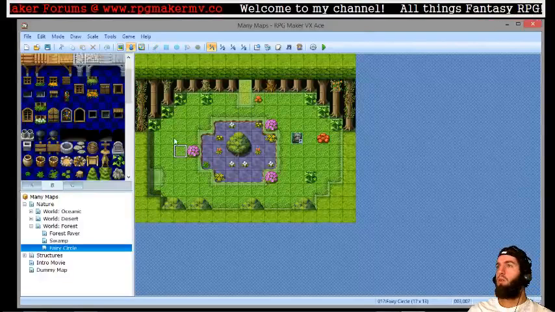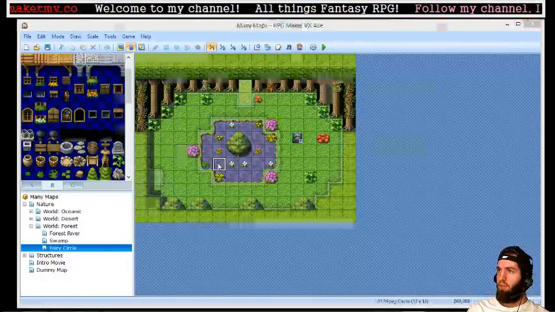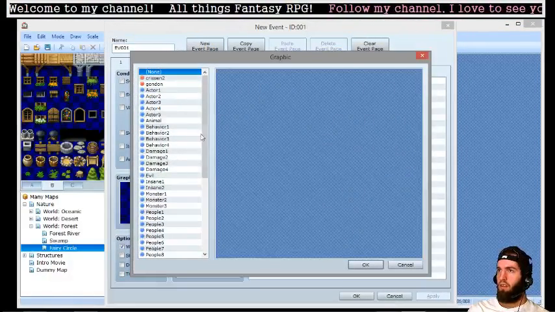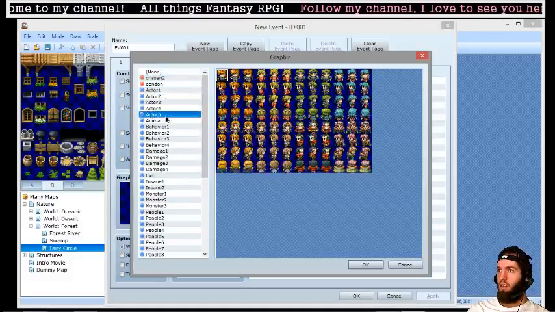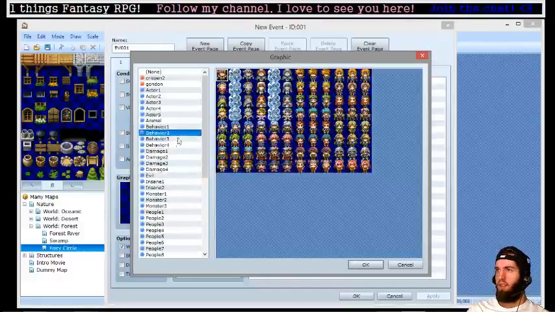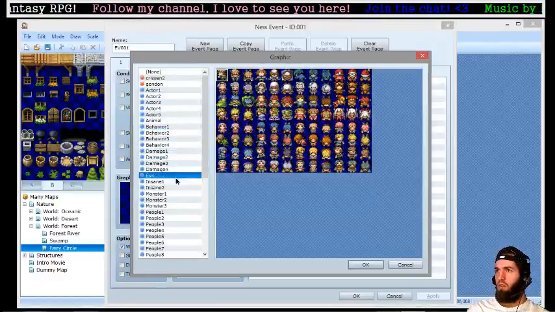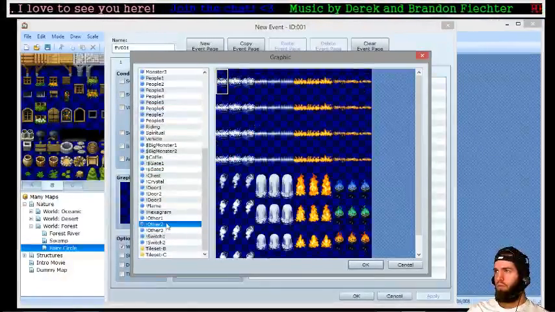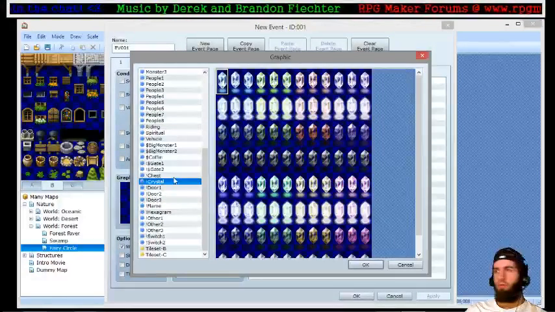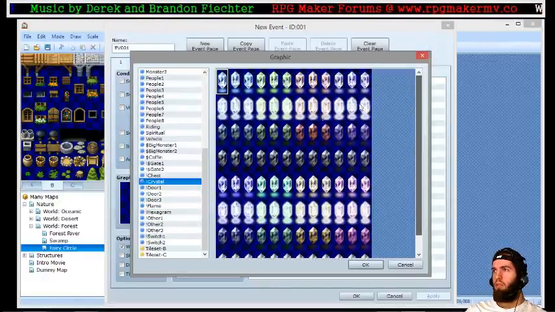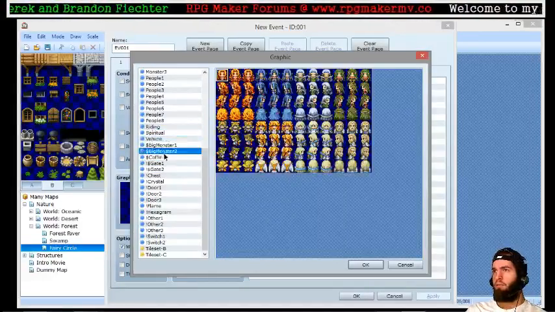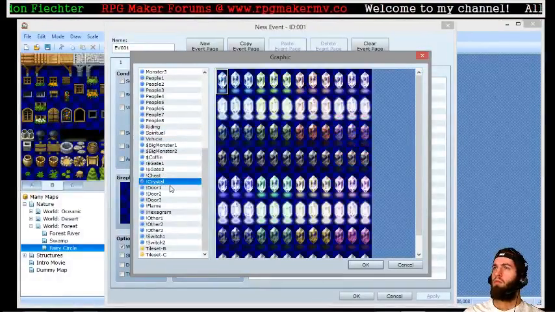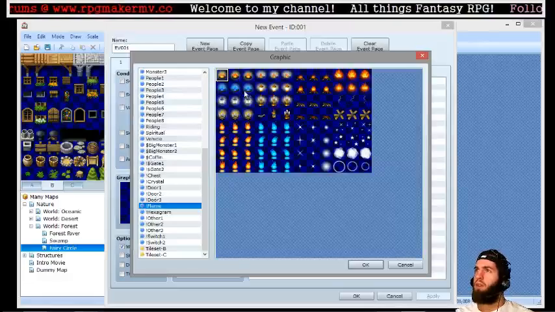One way that you can make this interesting is by adding a graphic of a, we're gonna find it, where to go. Okay, here we go. So one way that you could make this map interesting